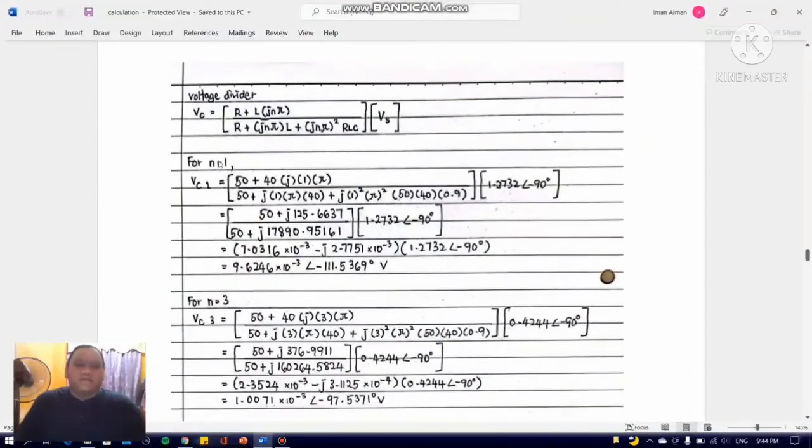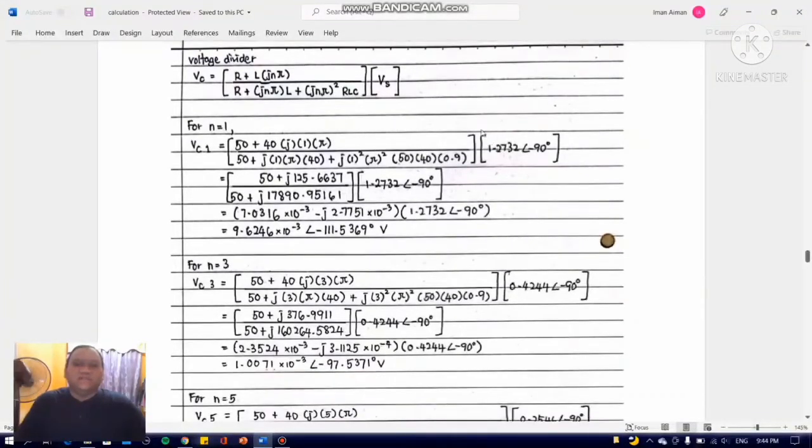And then for VC, the formula is (R + L·jnπ) / (R + jnπL + (jnπ)² RLC) multiplied by Vs. So Vs is the same as VO for N1, N3, and N5. For N1, we substitute n with 1, put the RLC values inside the formula along with the Vs value, and we've got